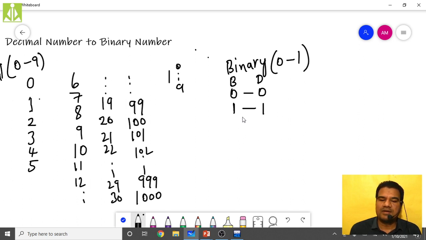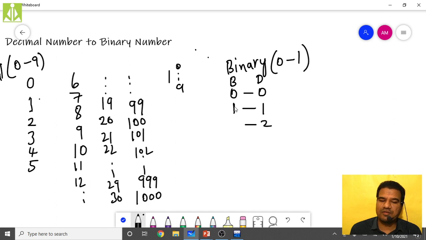Then what do we do to represent decimal 2? Do we have any digit? No. In decimal also, after representing 9, when we ran out of the digits, what did we do? We started with 10, isn't it? The same thing you do here. When we run out of the digits, what we have to do is start with 10. That is nothing but increasing the place in your system.